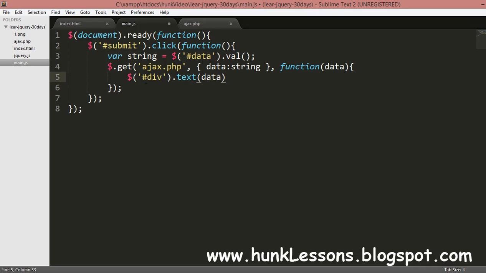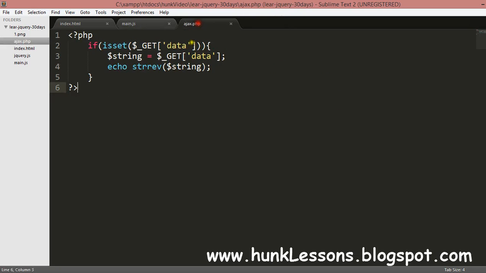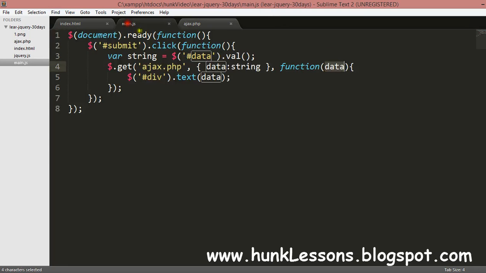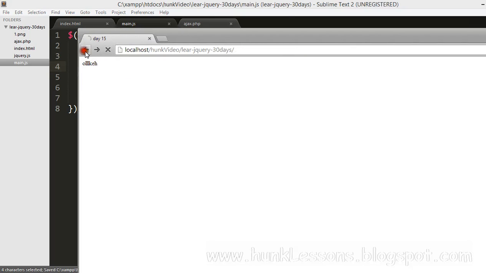You will be wondering why I have given this data variable as an argument inside a function. This variable will store whatever is printed inside this ajax.php page, and we want to display that inside a div.